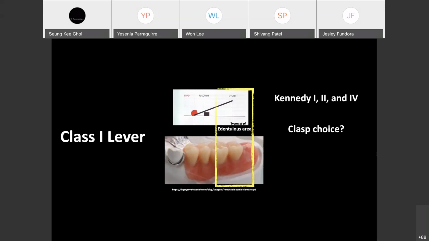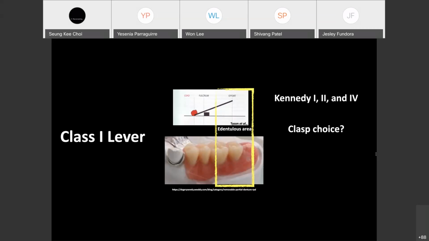Okay. So what are our class choices in this situation? Can anyone just... retentive clasp? I don't know if that was a question or not, but